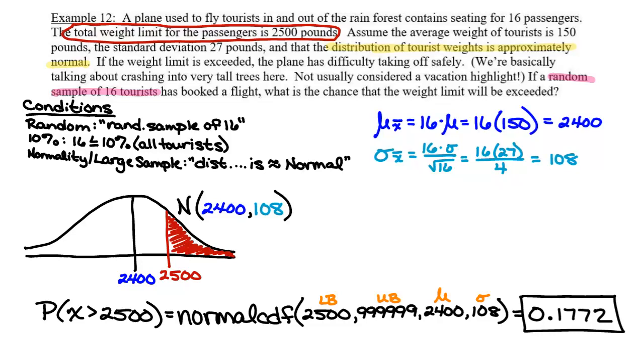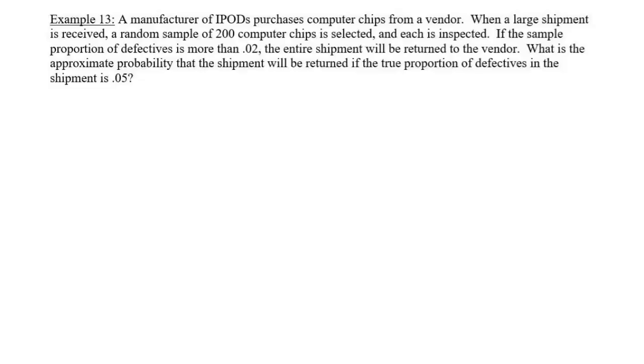All right. Let's look at the last one on this white page. A manufacturer of iPods purchases computer chips from a vendor. When a large shipment is received, a random sample of 200 computer chips is selected and each is inspected. If the sample proportion of defectives is more than 0.02, the entire shipment will be returned to the vendor. What is the approximate probability that the shipment will be returned if the true proportion of defectives in the shipment is 0.05? So this time,